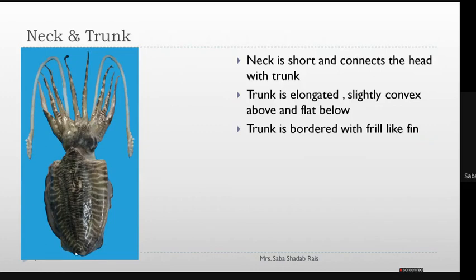The dorsal surface of the trunk is hard because of the presence of the shell, and the flattened posterior surface is soft. The boundary is bordered with frill-like fins,